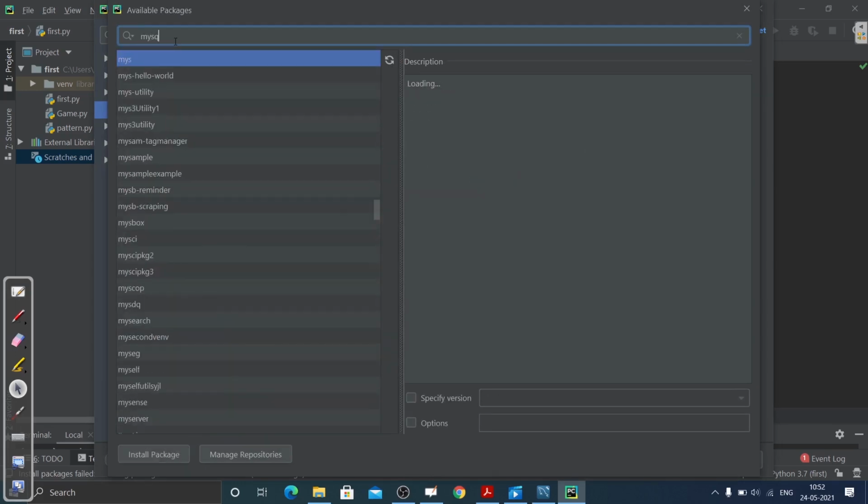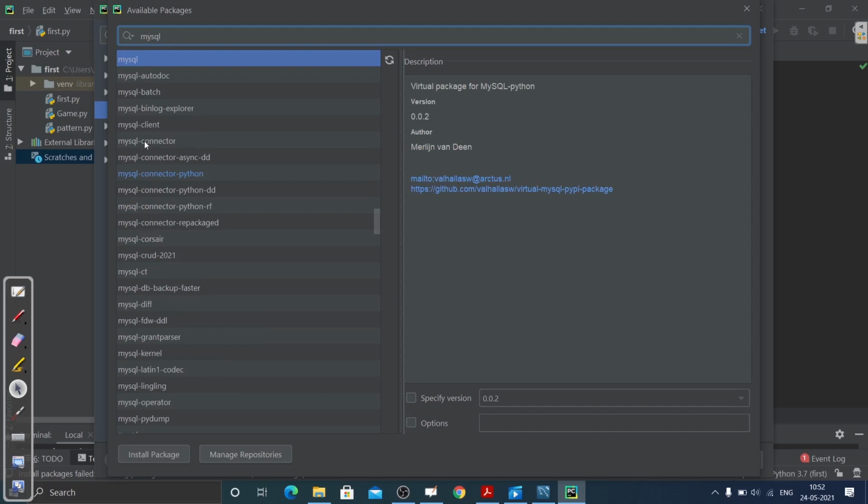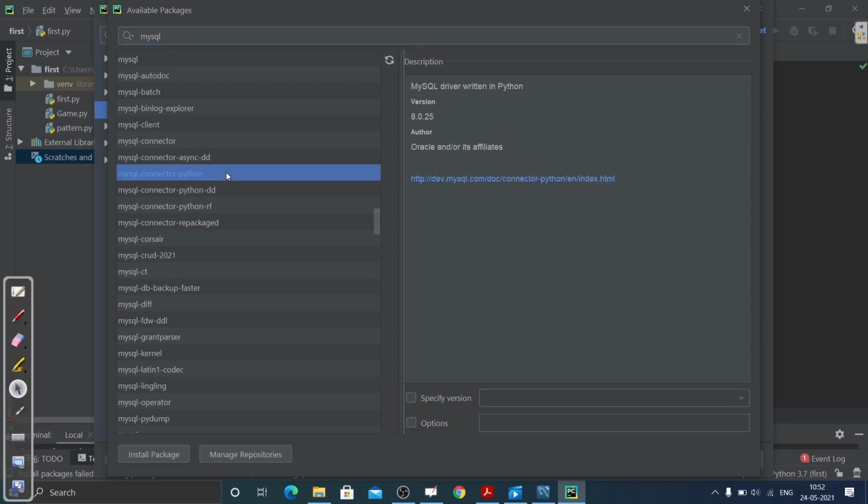You can see MySQL connector, and you should go for this MySQL connector Python. Then you can directly use import mysql.connector. It shows blue because it is installed; if not, click install package and it will be installed.